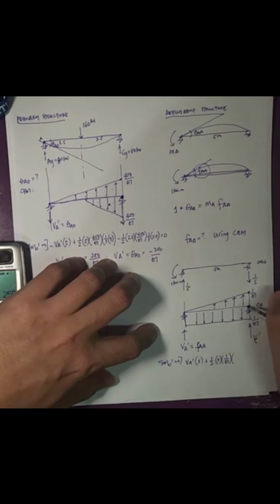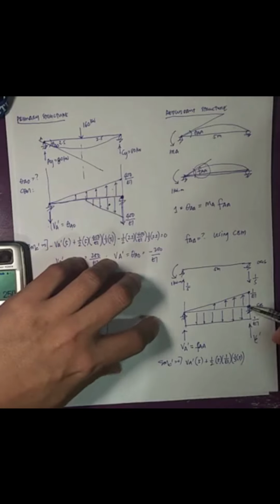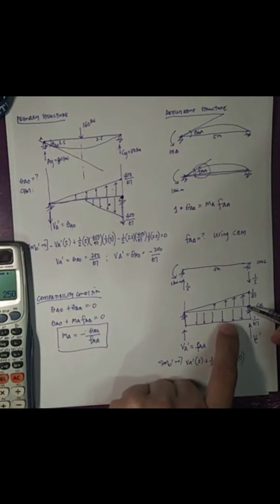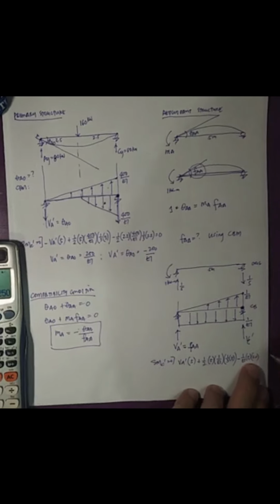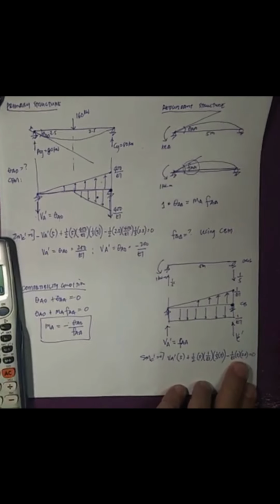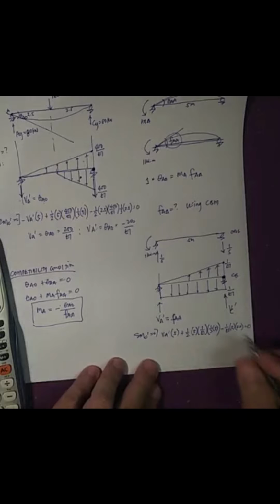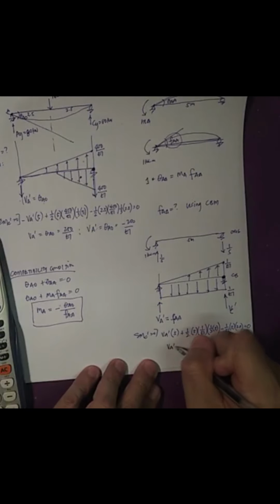The moment arm of the triangular load from this point is 1/3 of 5. Now what about the uniform load? It's downward. About this point, it's counterclockwise, so minus 1 over EI times 5 times the moment arm, which is 2.5. Everything should be equal to 0. So, solving for VA prime,